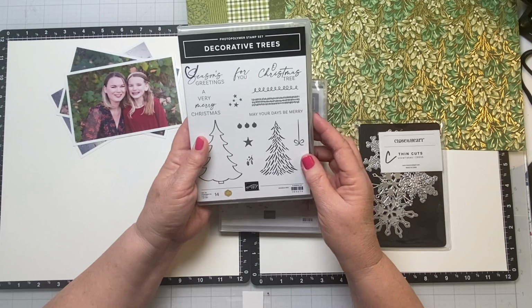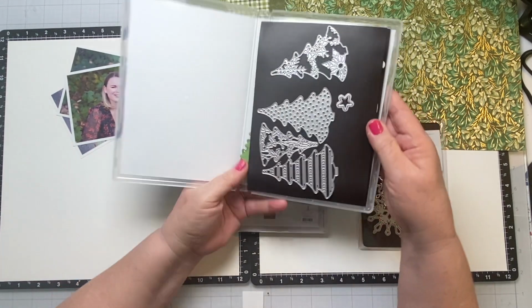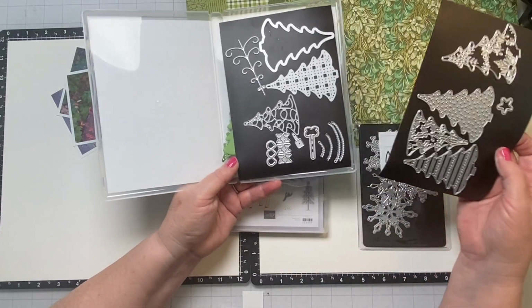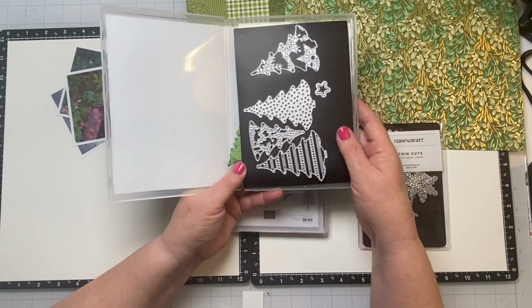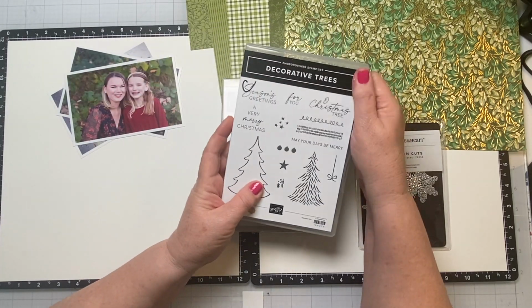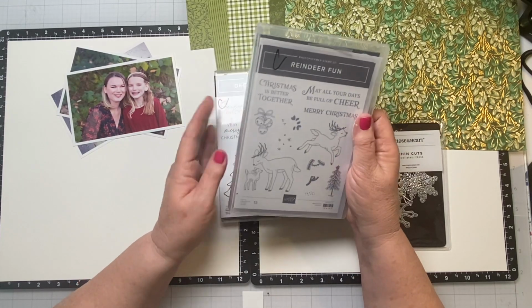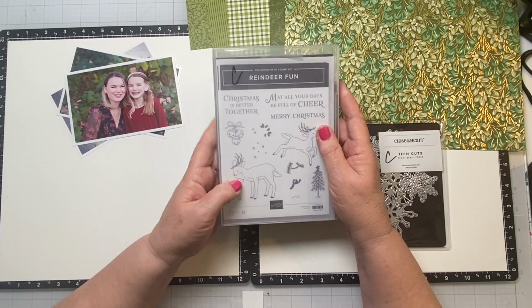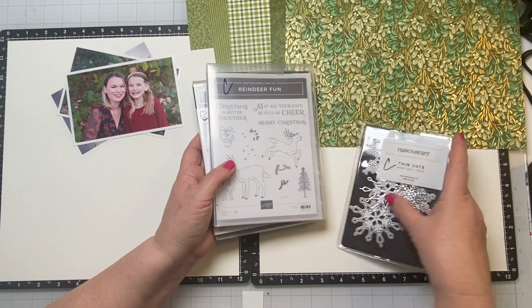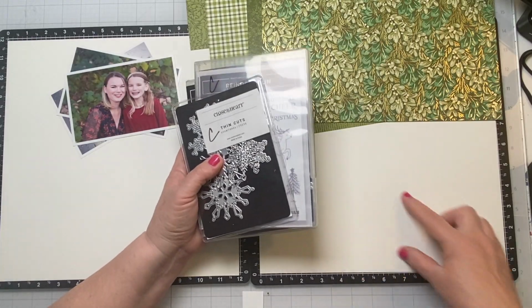Decorative trees, this set is so great. Look at all of the dies that you get with this. And not to mention the stamps that go with it. So I think I'll be using that. And I think I'm going to throw in, just for a little bit of humor, this reindeer collection. So let me do some searching for the right color of paper for the bottom of here, and I'll be